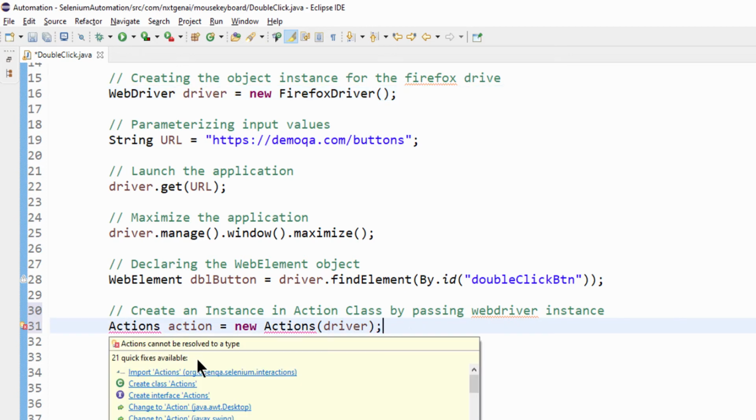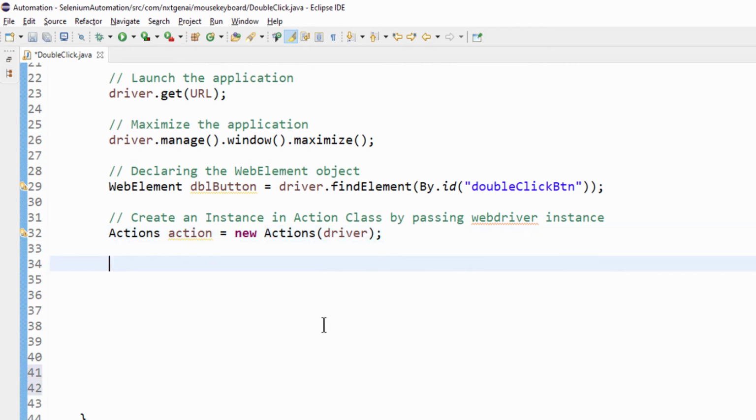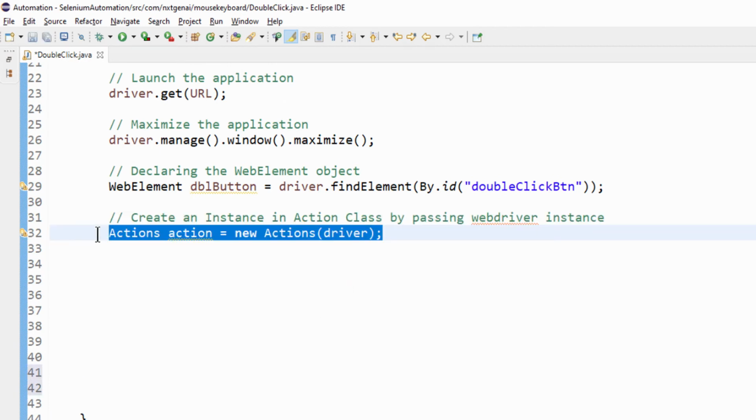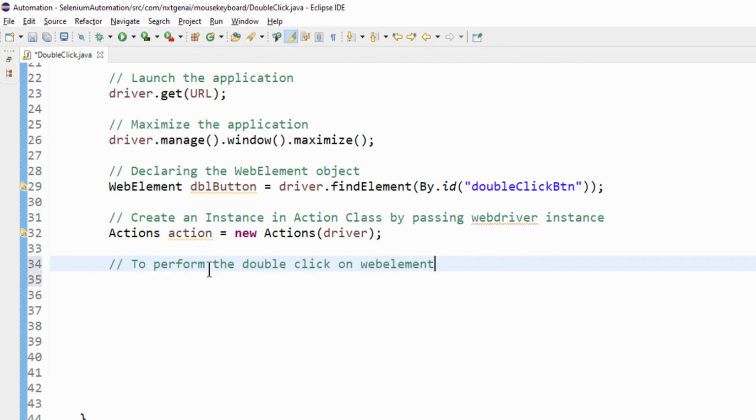Import the Actions class, it is org.openqa.selenium.interactions. This is the most important step whenever you want to use keyboard or mouse events. This step is mandatory.